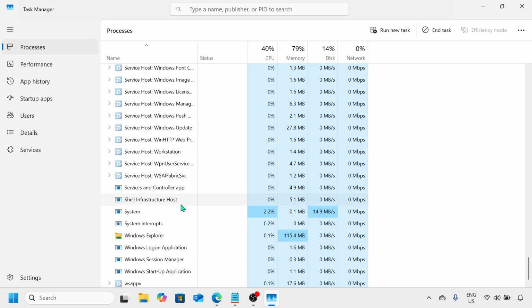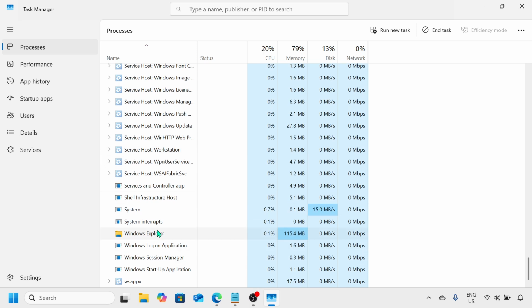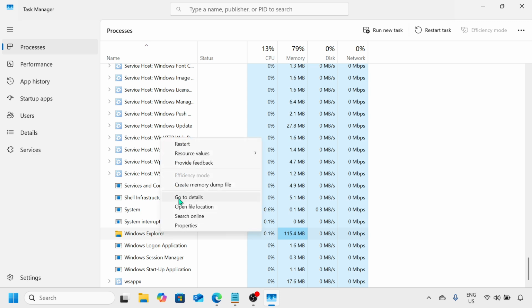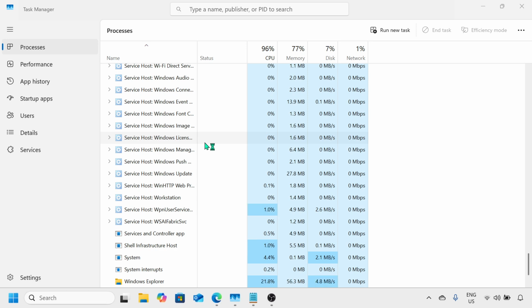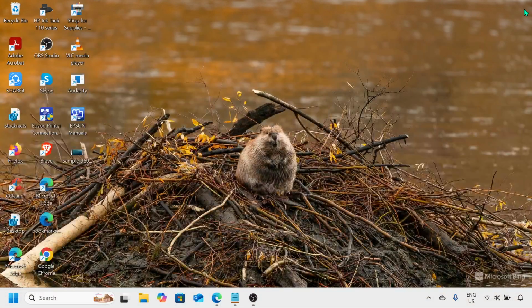Oh, this one, I have found it. So here, all we need to do is just select on that and then make a right click. And if you see the restart button, just click on restart and the Windows Explorer will be restarted. Okay, so once you're done with this one, let us now close this one and we will proceed with resetting